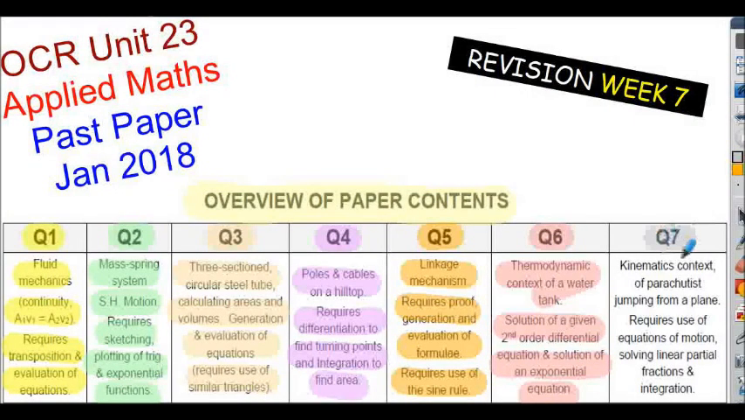Finally, question 7, kinematics context of a parachutist jumping from a plane. This requires use of equations of motion from our standard formula booklet and solving linear partial fractions, which are then